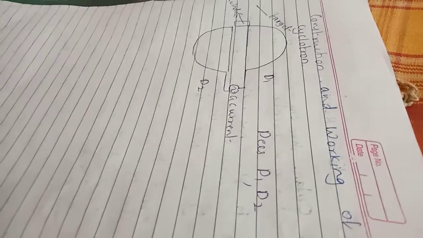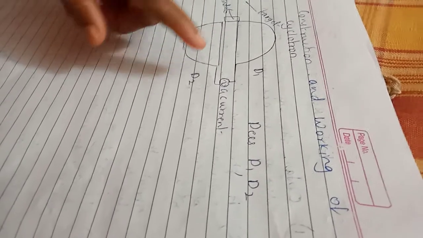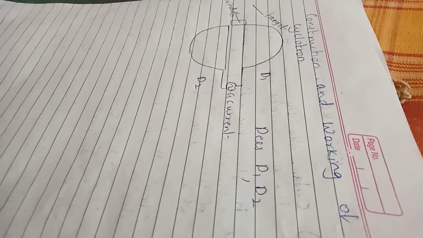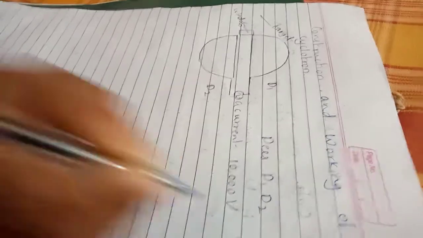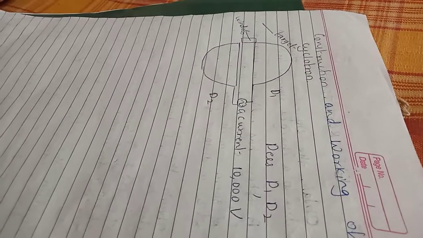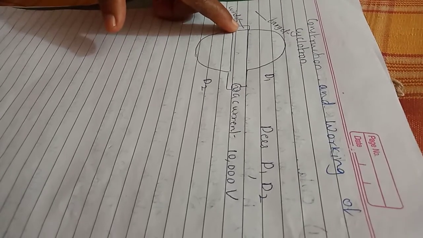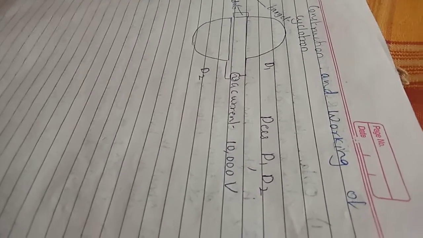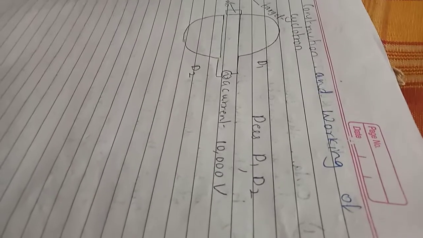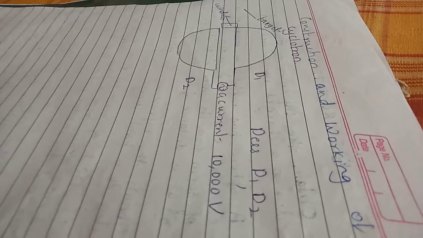It consists of two semicircular hollow metal boxes, D1 and D2, called Ds. The gap between them is connected to a very high voltage electric supply, which provides a high voltage of 10,000 volts. It's an oscillating electric supply. There's a tiny window provided at the other end, and through that tiny window the positively charged ions come out and strike against the target, and that is why we can produce various radioactive isotopes. We can utilize it to study even the nuclear structure.